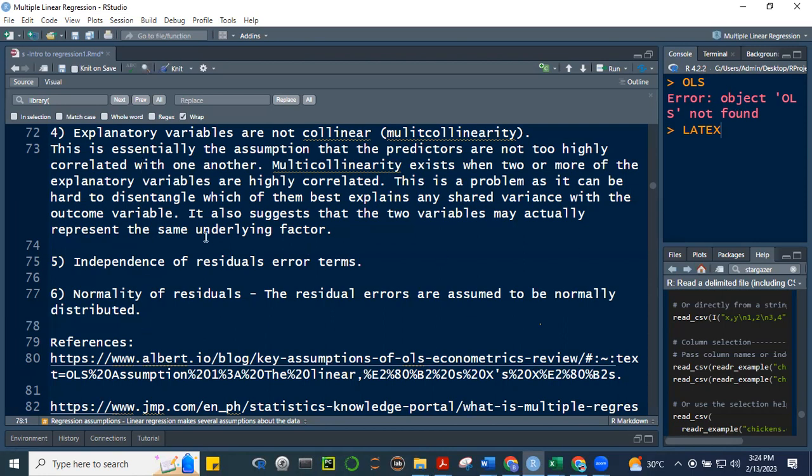Okay, number 5, independence of residuals, error term. Actually, nasabi ko na po kanina. No? When you say independent, hindi correlated yung mga residuals, yung mga error terms. Kasi pag correlated dyan,